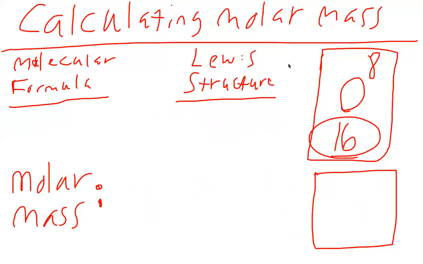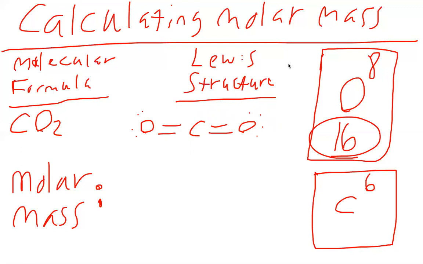So we've got CO2, and the Lewis structure for CO2 looks like this. Okay. And we already said that oxygen has a molar mass of 16 grams per mole. And earlier we said that carbon has a molar mass of